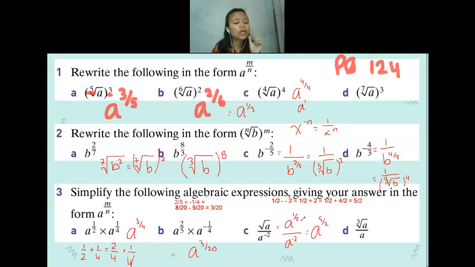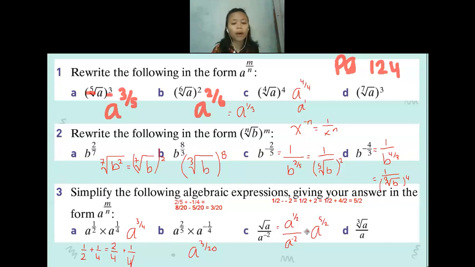If you ask me how, you already submitted the homework, you already made a summary, you can check your summary. A to the power of a half will be equal to square root of A. That's why now that we have a square root of A, we can write it as A to the power of a half. Please kindly check your summary. I asked all of you to make a summary because we are going to use all of the index laws in here. Or if you are still confused, you can check your textbook page 123.